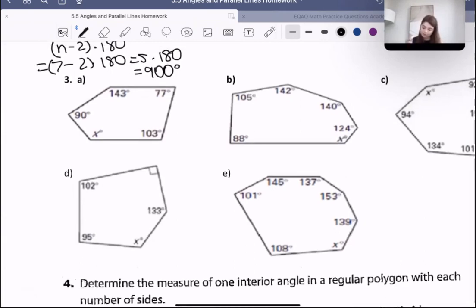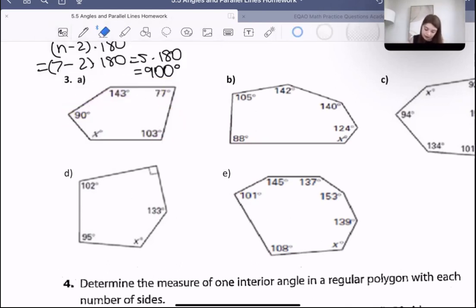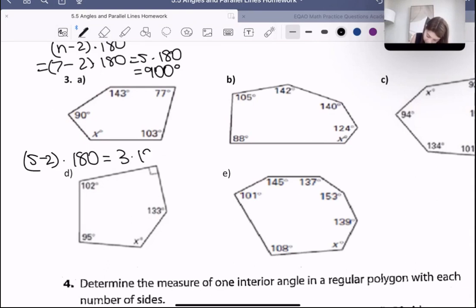Well, first things first, we've got to count the number of sides. So let's count them. 1, 2, 3, 4, 5. This is a 5-sided shape. So we first now need to find out how many degrees in total in a 5-sided shape. So in a 5-sided shape, it would be 5 minus 2 times 180, which is 3 times 180, which is